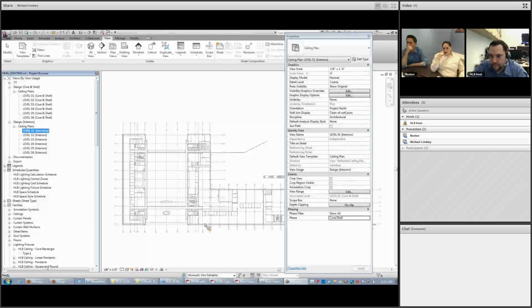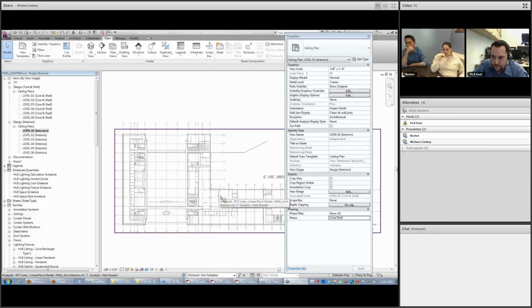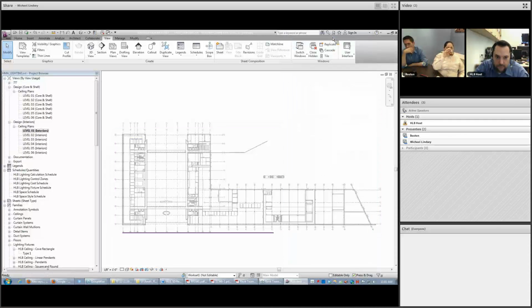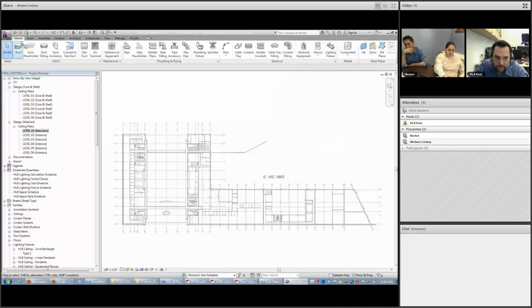The other thing that I wanted to touch on is splitting the work. So for this project in particular, I've already spoken with Lindsay in trying to split the design and documentation so that she can be involved as well. Intuitively, in my mind, it made sense to split it up by level. I know that during our training, we briefly touched on the work sharing side of things. And to be frank, it sounded really complicated to me. After speaking with Peter, I think it's much easier to do.